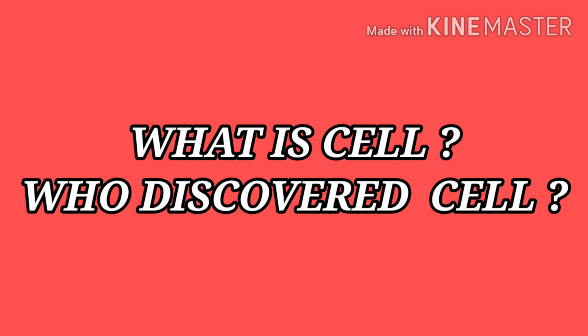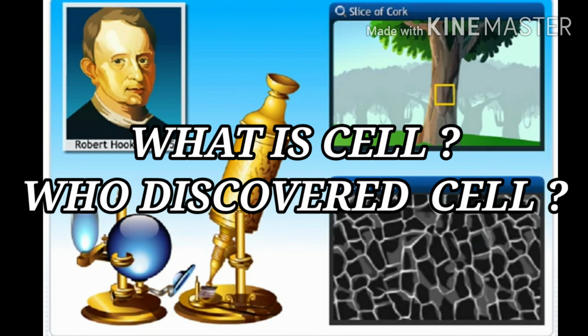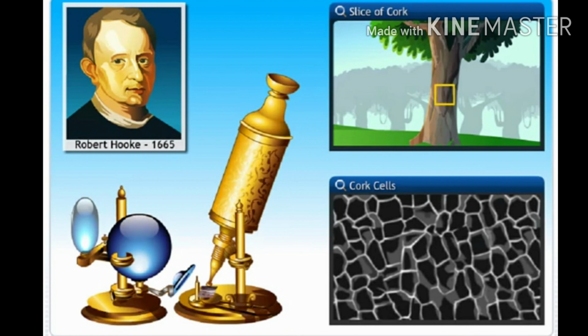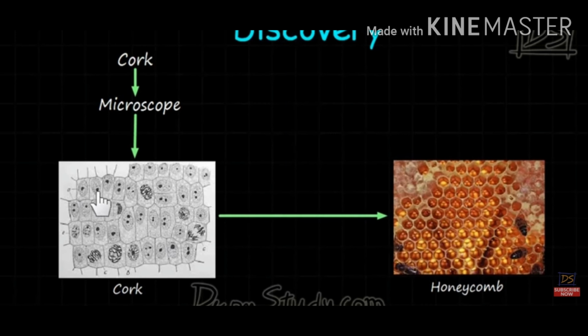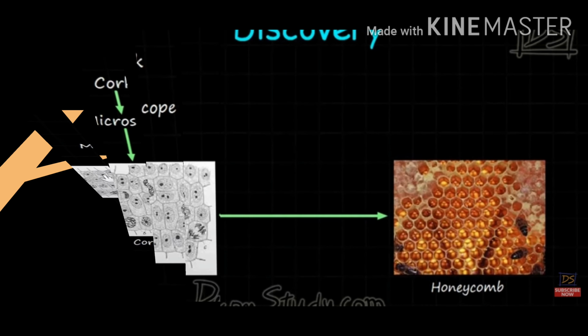Students, in the previous video you have read about the cell, that means what is a cell. Cell comes from the Latin word cellula, that means small compartments and room. And who discovered the cell first of all? That was a dead cell, discovered by Robert Hooke. And after that Anton von Leeuwenhoek discovered the living cell, and their definition also, the definition of the cell, that means everything about the cell.